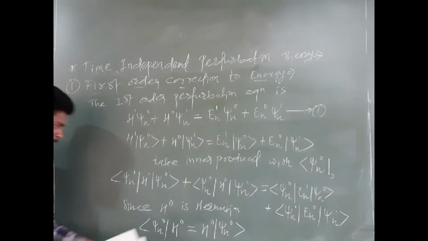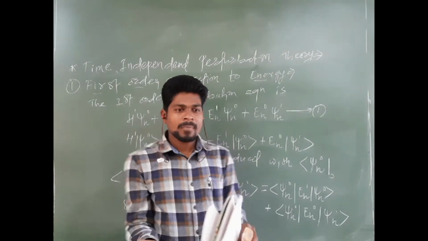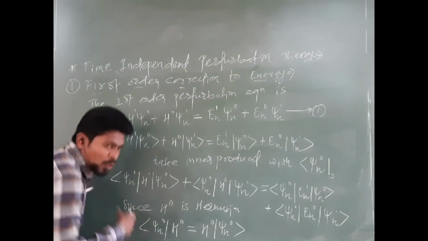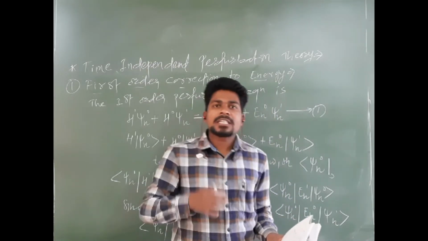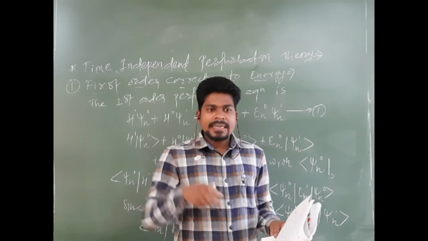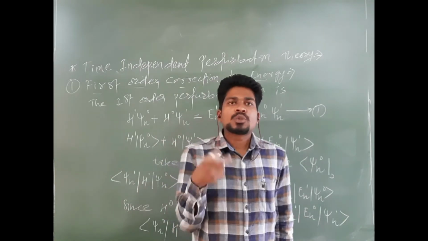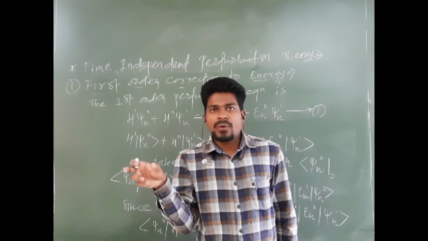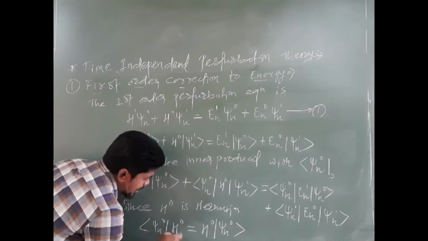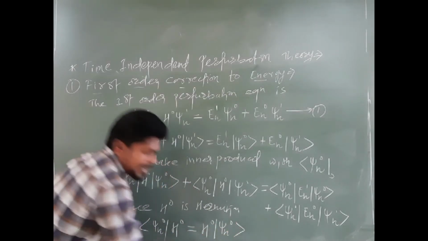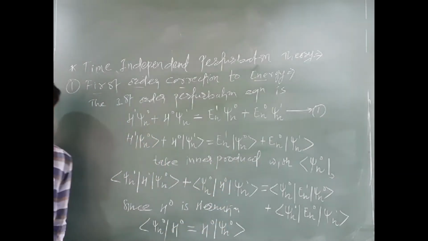Okay, according to the law of Hermitian operator, psi star is equals to psi. So you know that is complex conjugate of direct bracket notation. It means if it is in Ket form, then in direct bracket notation its complex conjugate is the Bra notation. Okay, so that is why Bra notation of psi n naught h naught is equals to h naught Ket psi n naught. This Bra notation just converts into the Ket notation.